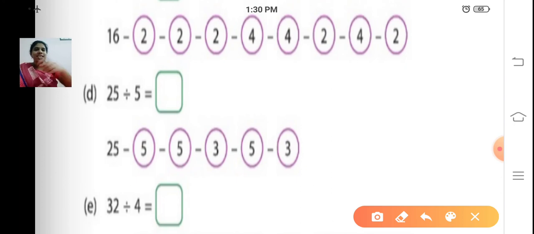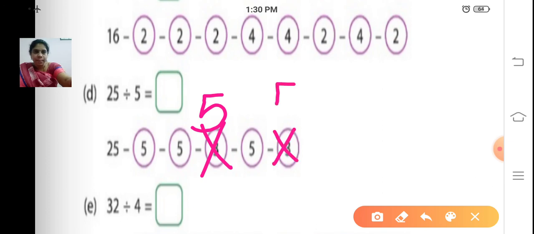First tell me. Yes. So first we have to subtract 25 minus 5. And from that answer again you have to subtract 5. So just see, this is also wrong. So again we have to subtract 5. From that answer again we have to subtract 5. Again from this answer we are going to subtract 5. Now how many times have they subtracted 5? Count 1, 2, 3, 4, 5. So the answer is 25 divided by 5 is equal to 5. They have subtracted 5 five times. So 25 divided by 5 is equal to 5. This is repeated subtraction.